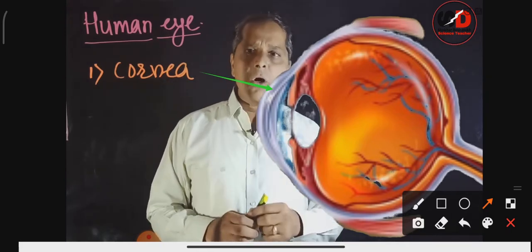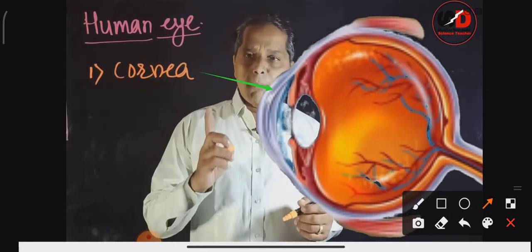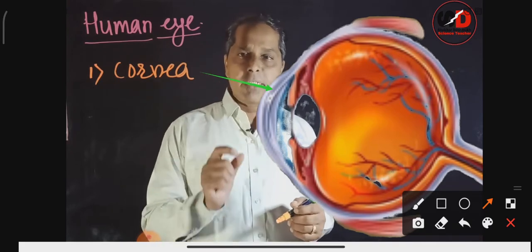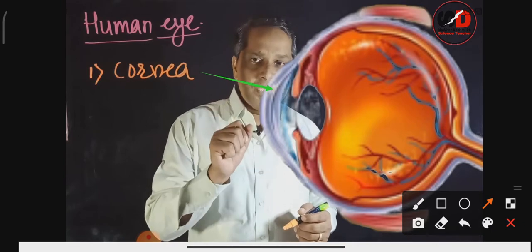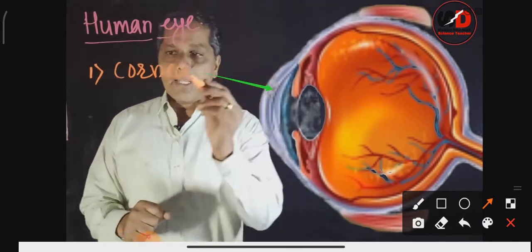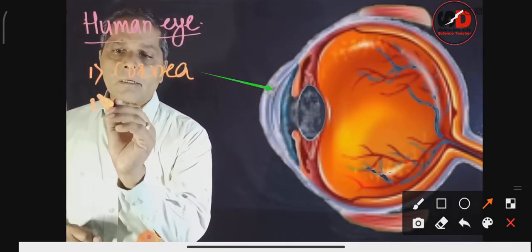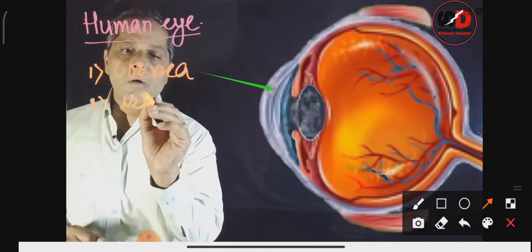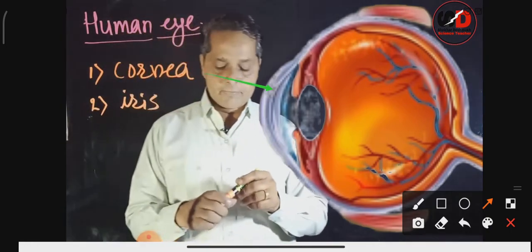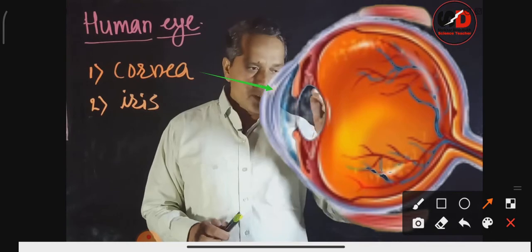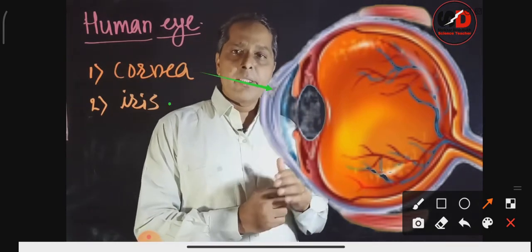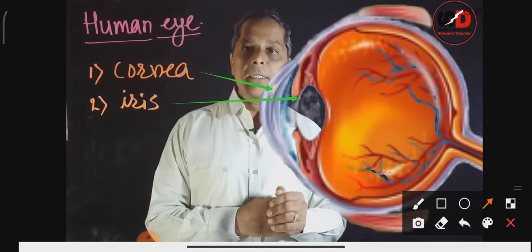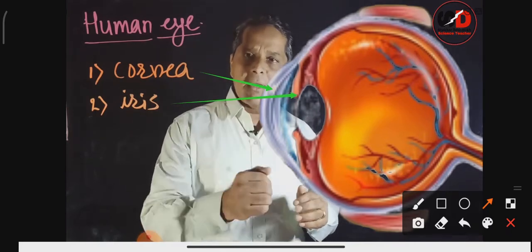And just behind the cornea, a muscular, thick membrane is present, which gives color to the human eye, and that is called the iris. Just behind the cornea, the second thick membrane has different colors.